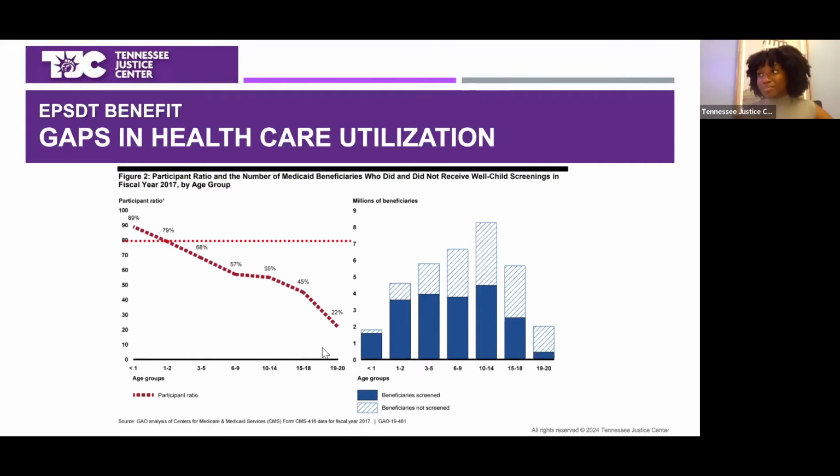And so this means that kids aren't seeing the doctor for whatever reason. We know that in rural areas, it's tricky to get kids to the doctor, get kids to providers. And this is another reason why advocates often push for school-based services to hopefully catch those kids who may not be seeing a primary care provider in their area. We can at least catch them at school and make sure they're getting the services that they need.